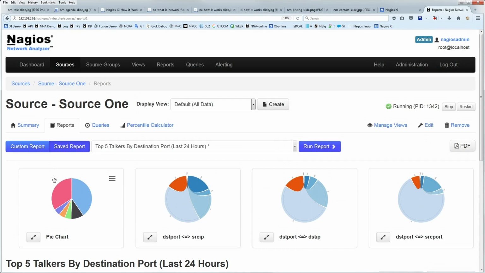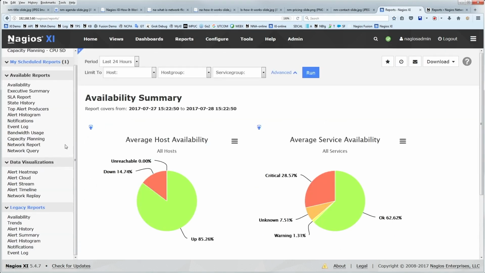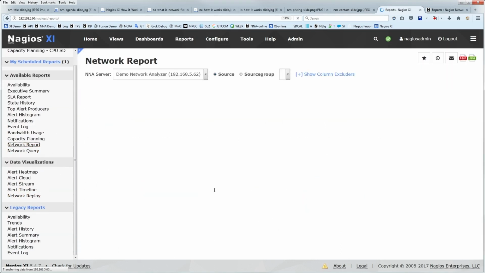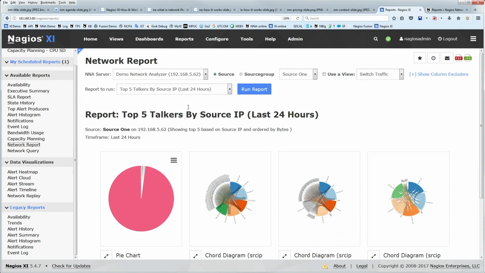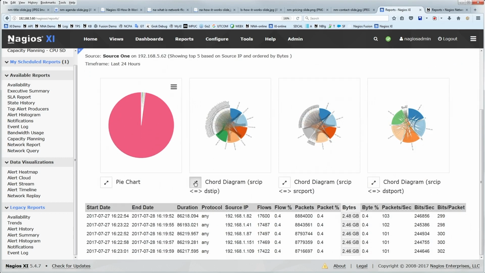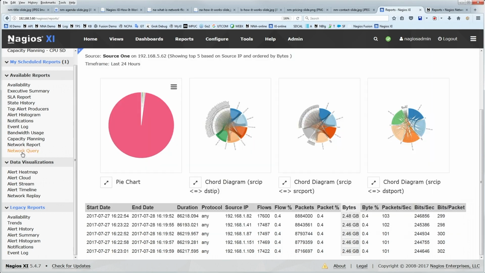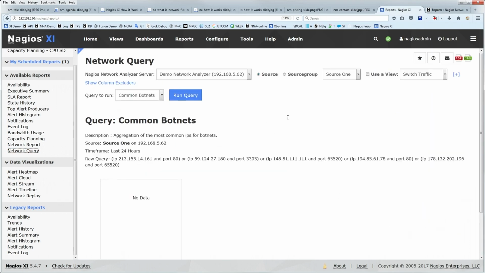just bandwidth. Now, I also mentioned that these reports are available in XI, and so we'll bounce back to the XI interface. We'll go to our reports, and right here in Network Report, we can see all of those reports. And I'll note that in a big environment where you might run multiple network analyzer servers, you can integrate them all with a single XI. So that's really nice. You can pick from any of your reports here, visualize things like chord diagrams, just like